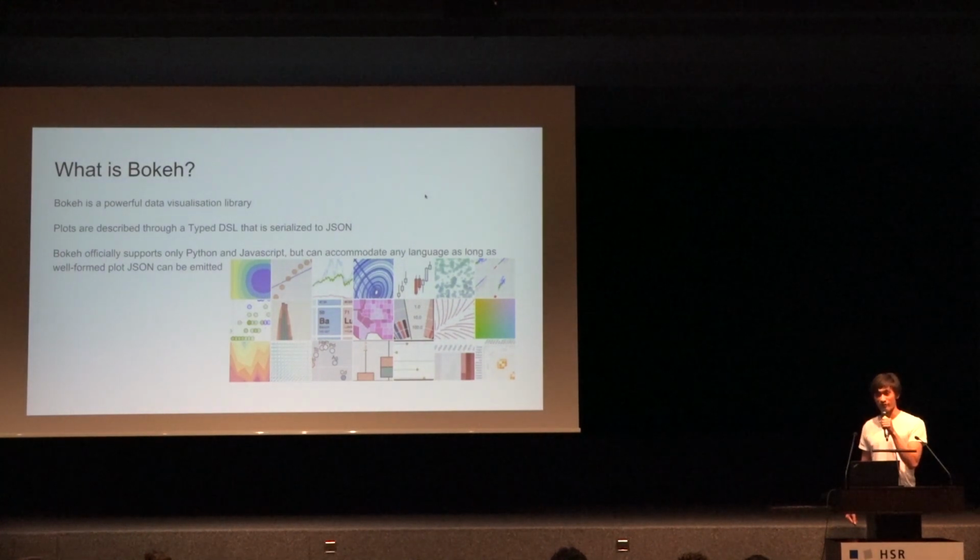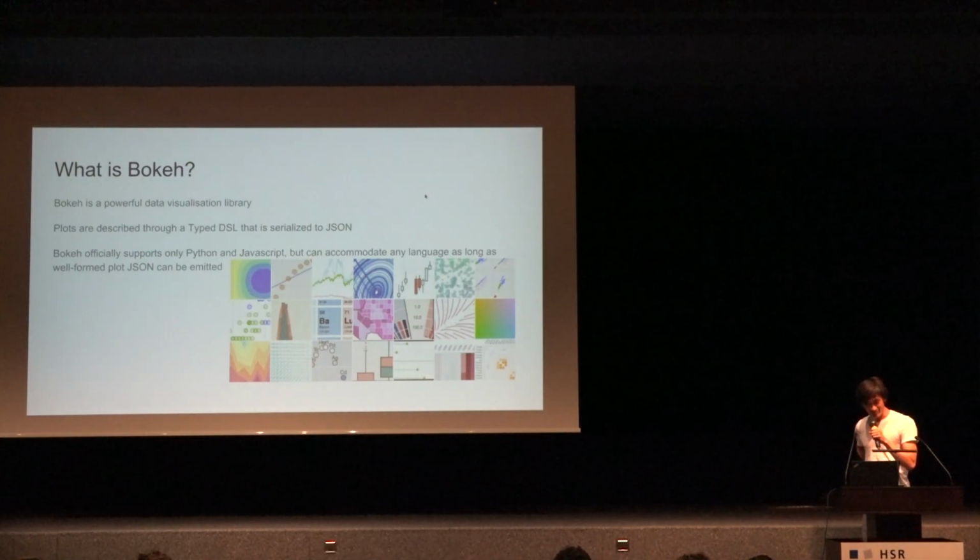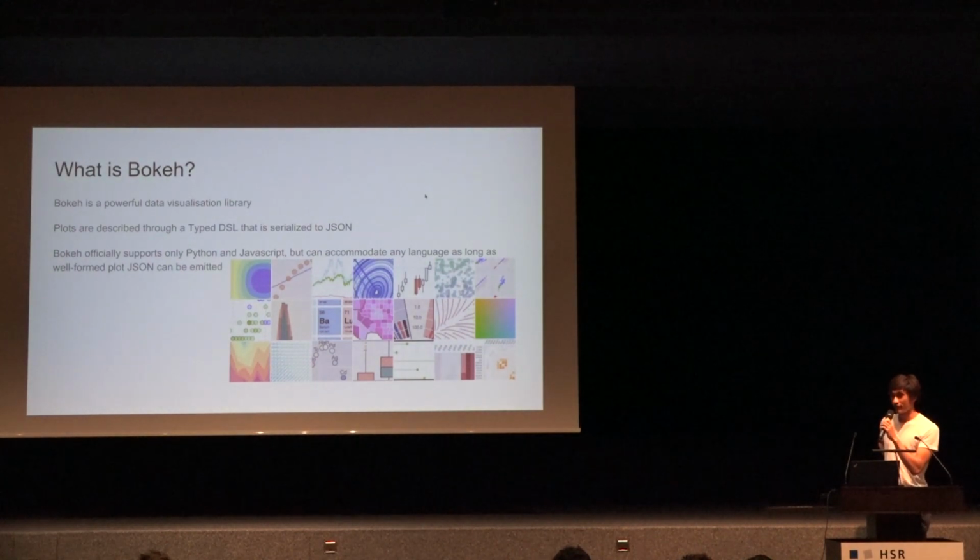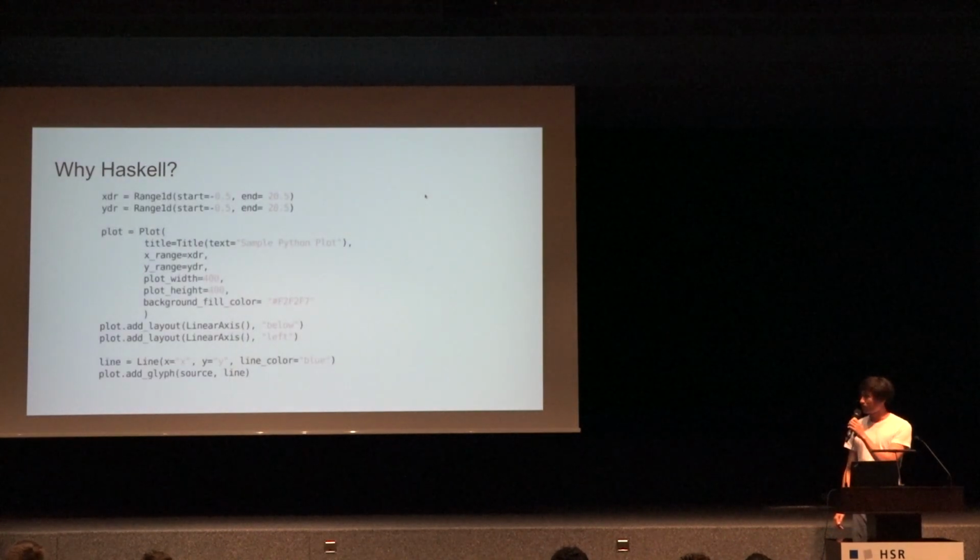And when you hear the words typed DSL, I wonder what we all think of. Bokeh officially supports only Python and JavaScript, but as long as we can generate the serialized JSON that describes the plots, we can use any language. So why Haskell? This is some Bokeh code written in